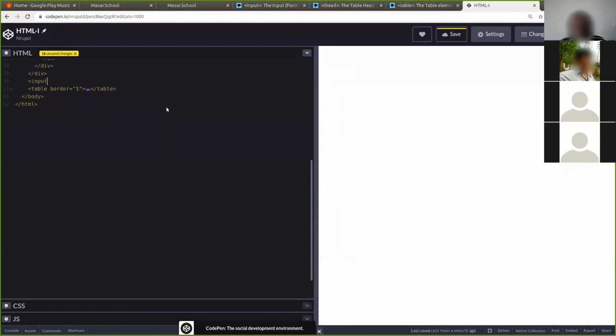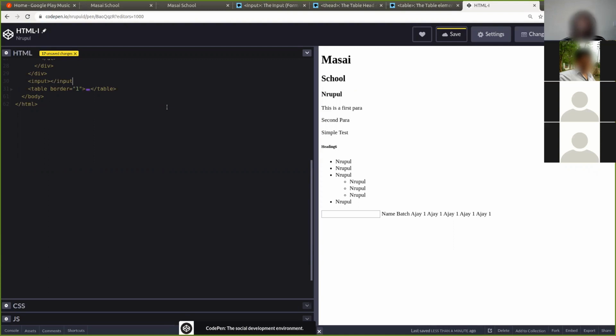there is a way of ending the tags without writing the closing tag, but okay, for now use input. We'll get back to it in the upcoming class. So you can see now an input box is coming. So the input can have multiple attributes. For today, we are looking at only 1.